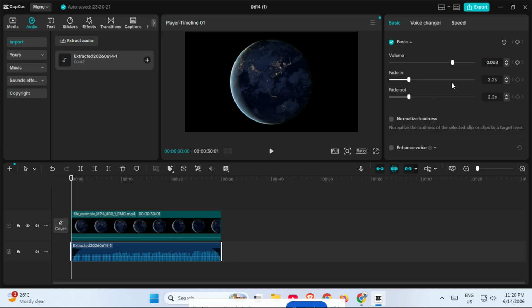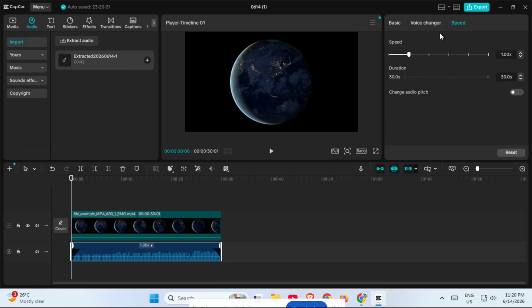Depending on your version and the type of audio you added, you may also see speed controls and other audio settings that help you fine-tune the track even more. Take a moment to listen back and make sure the music blends well with your video. A good rule is to keep background music low enough that it supports the video without overpowering your voice or main audio. If needed, go back and make small adjustments until everything sounds balanced, and that's really all there is